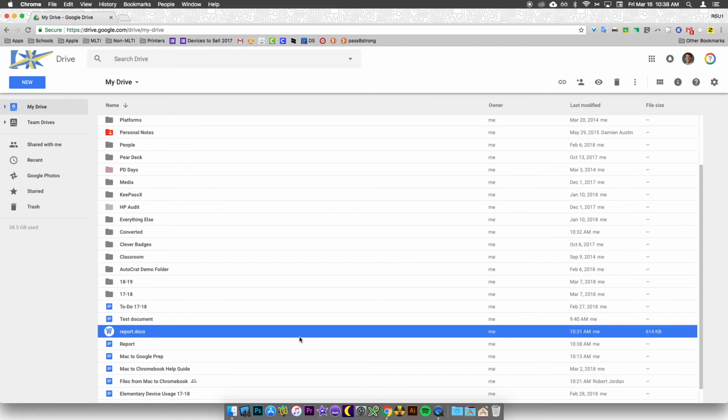That's all there is to converting from a Word document to a Google Doc format that you can